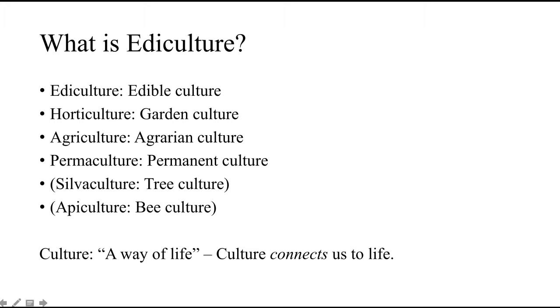And to give you a context for it, we have horticulture, which is garden culture. We have agriculture, which is agrarian culture, which refers to crops. And we have permaculture, which refers to permanent culture. We have silviculture, which is tree culture. Apiculture is bee culture. So what we're really trying to share with you here is another aspect of looking at culture, and it's the culture around food. And it's a very broad subject, and